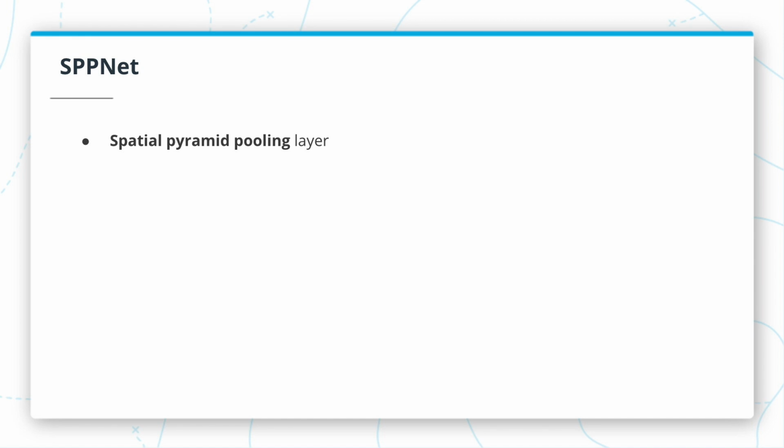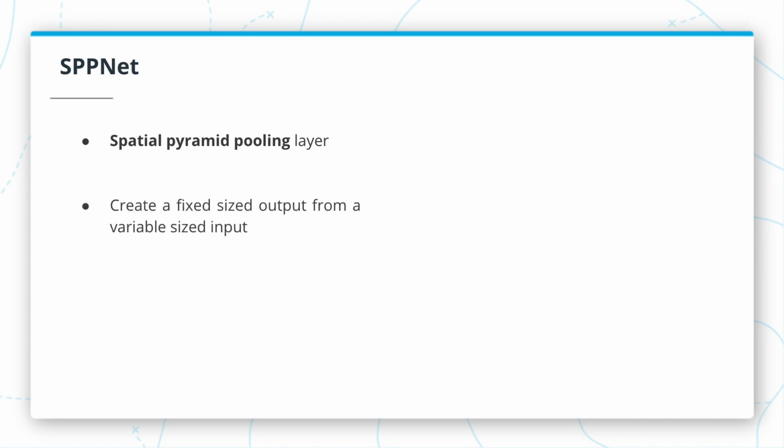So let's take a step back together and remember why convolutional neural networks need a constant size input. Well, the dimension of the output volume of a convolutional neural network depends on its input shape. However, at the end of a convolutional neural network, we have a stack of fully connected layers, as we have seen previously. Such layers take a fixed size input. Therefore, we need a fixed size input for the convolutional layer.